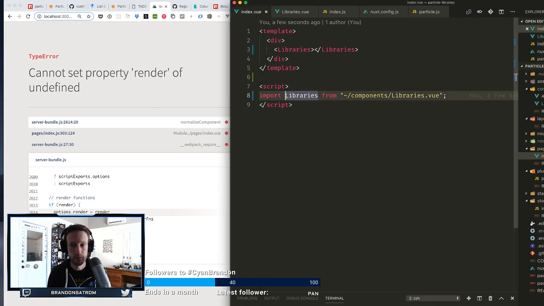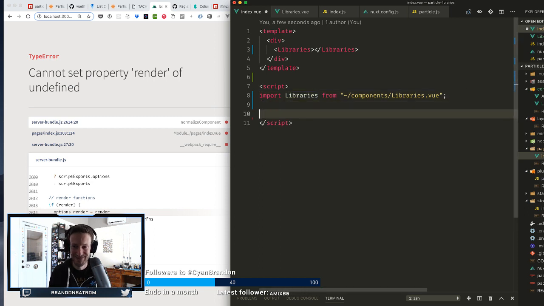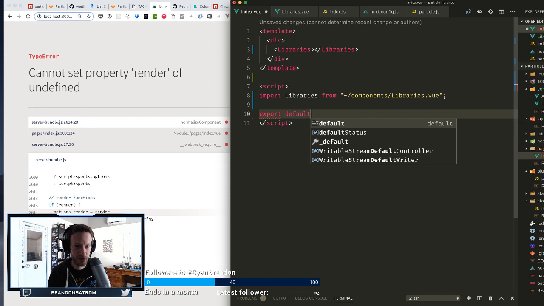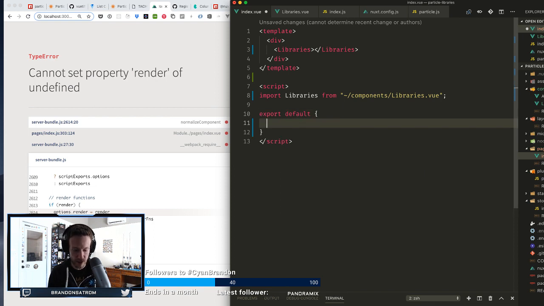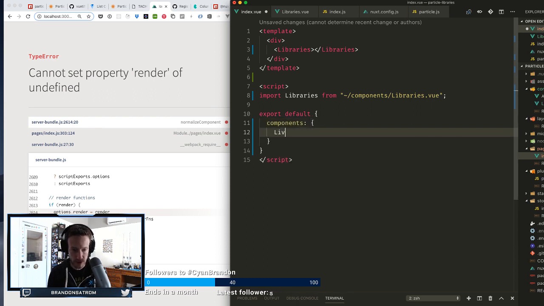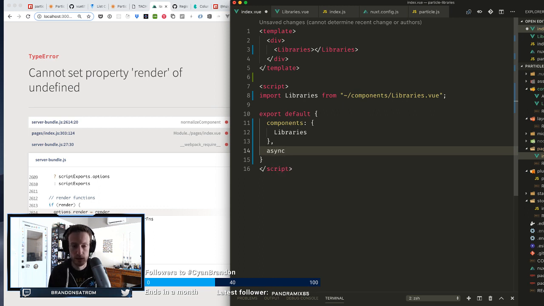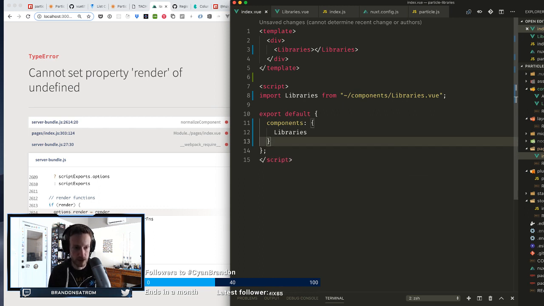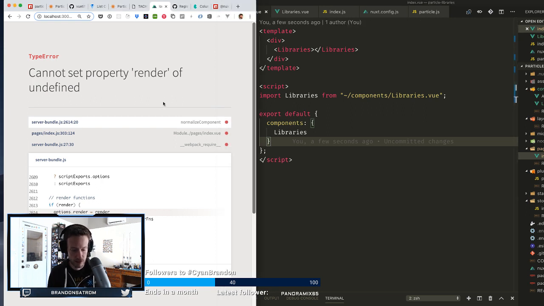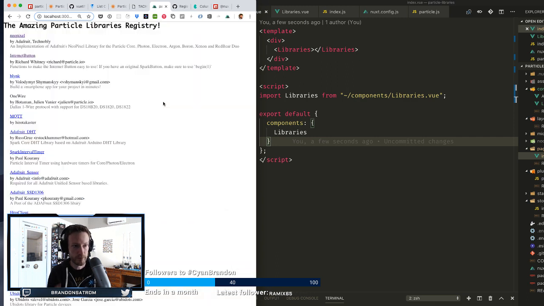Well, why is it not working? Oh, well, because it's not just export default. I have to actually get the library in components, libraries, and async. So I'm going to do that piece right there. And then the next piece that I need to do is actually pass in the data. Right now, okay, so that piece is working, but I want to change that up to actually load a specific